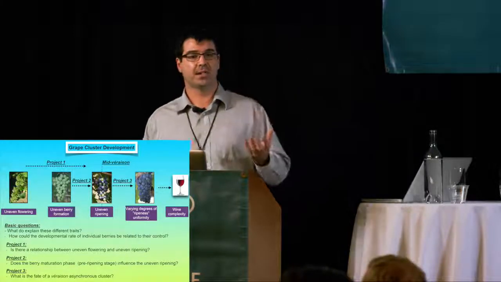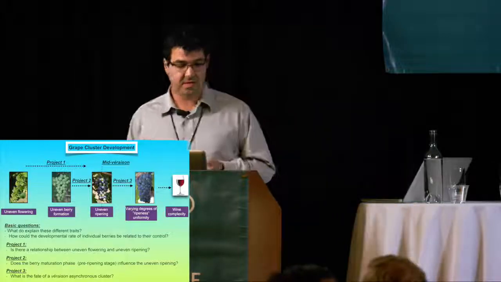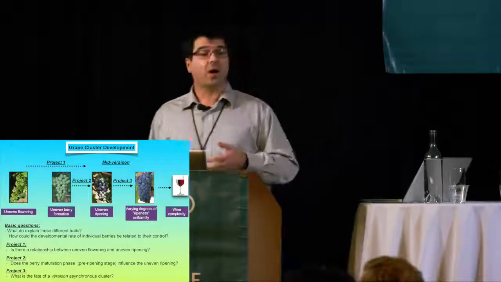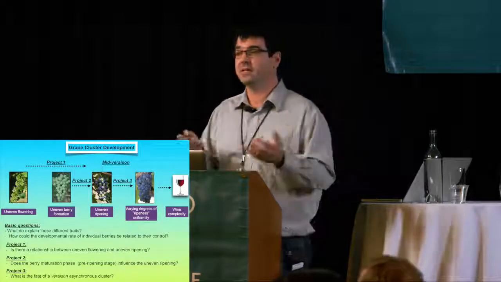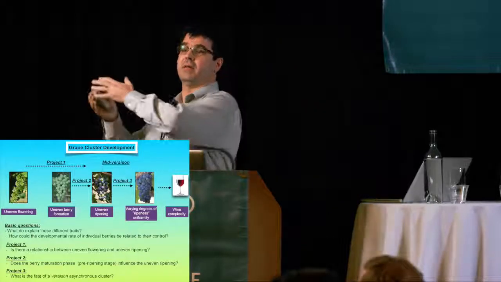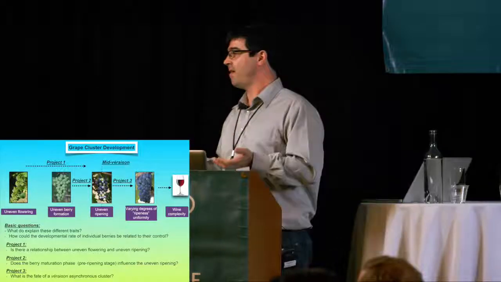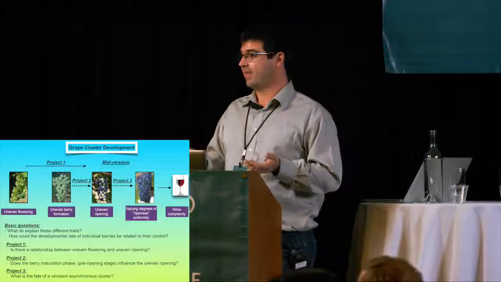The second project was mostly looking at what I mentioned at the beginning, the maturation phase. What happens at that time that leads to this uneven ripening you observe at the ripening onset. And the third project: what is the fate of this uneven ripening? Everybody thinks that everything is settled down until the end, and all this variability is kind of disappearing. But we have very few or even no data about that.